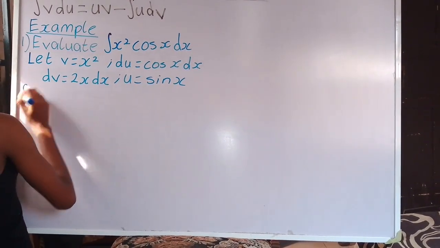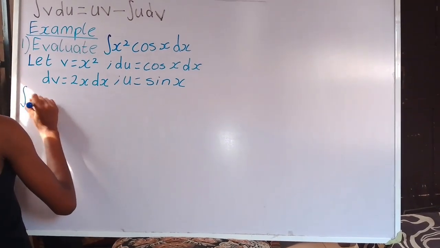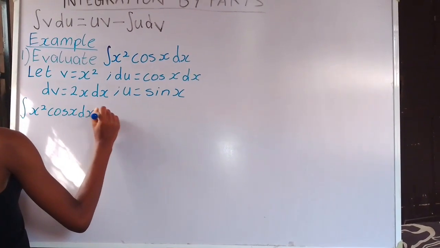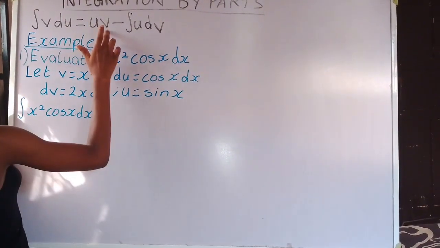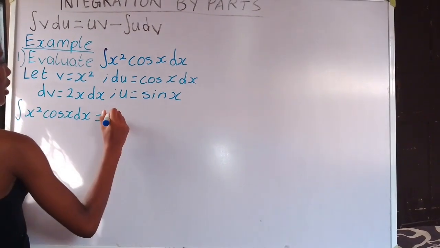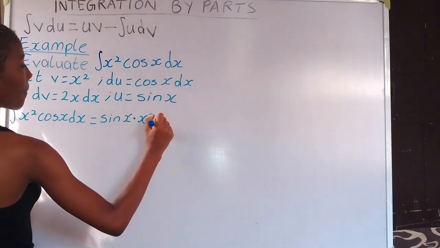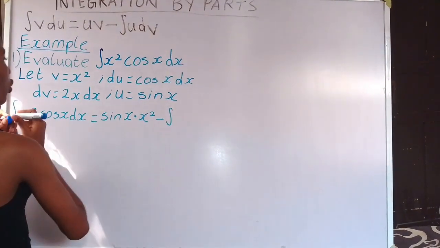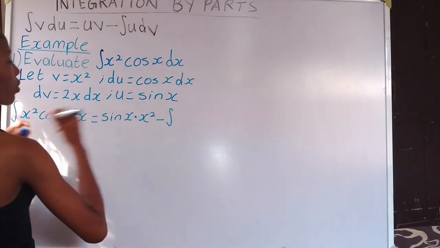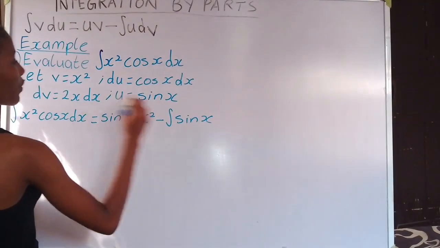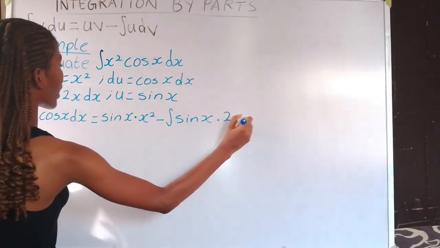So we have integral of v du, that is x squared cos x dx, is equal to uv, that's sine x times this, sine x times x squared minus integral of u dv, u sine x, then dv is 2x